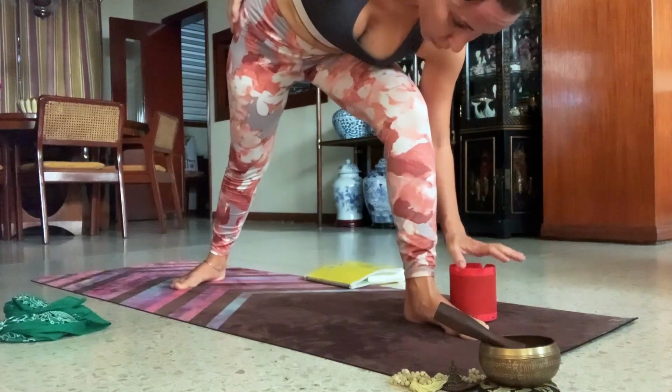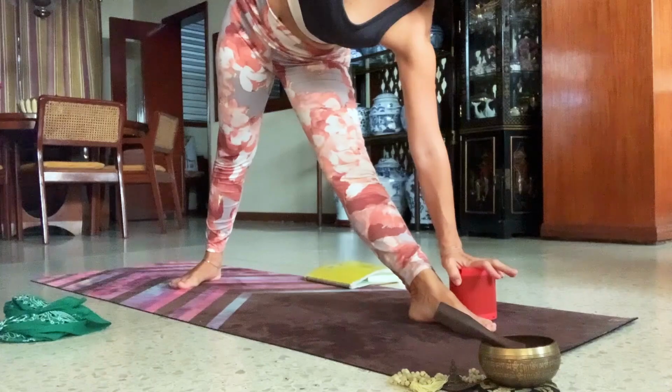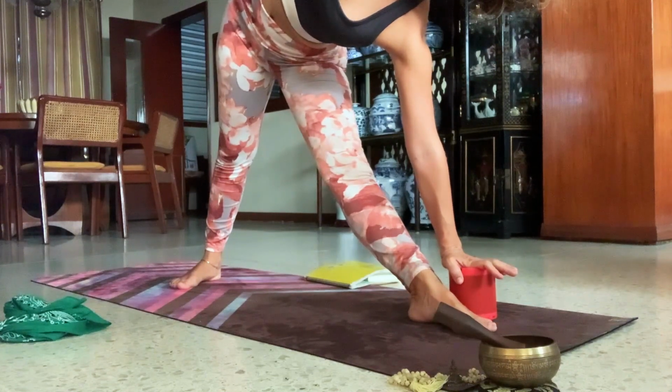With control, bend the left knee gently and nice. Release the right leg into the ground. Slide the block outside the left foot. Stretch the knee again. Come on back into Utthita Trikonasana. And breathe for another 5,